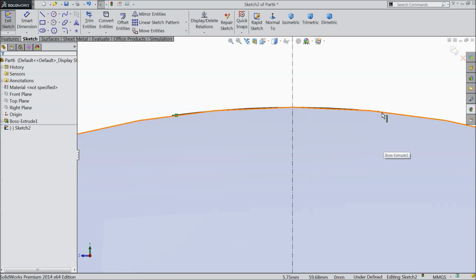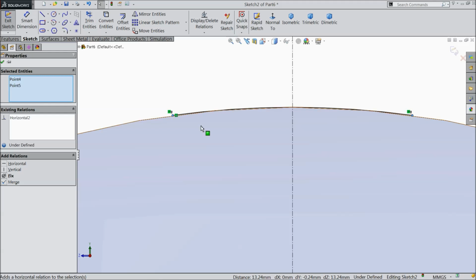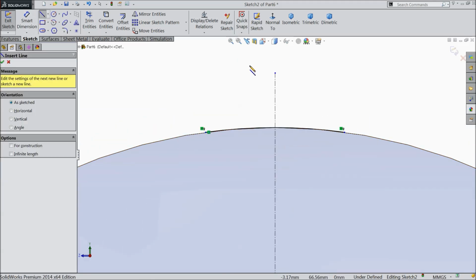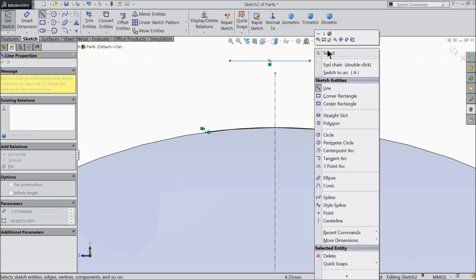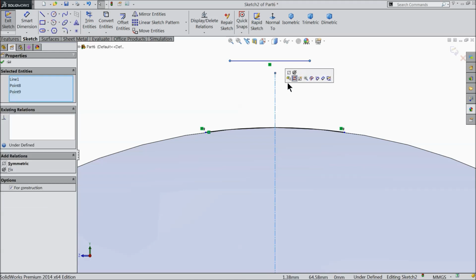Now create one relation. Select both the end point of arc and make relation symmetry, horizontal. Select line, select both the end point and center line and make relation symmetric. Okay,